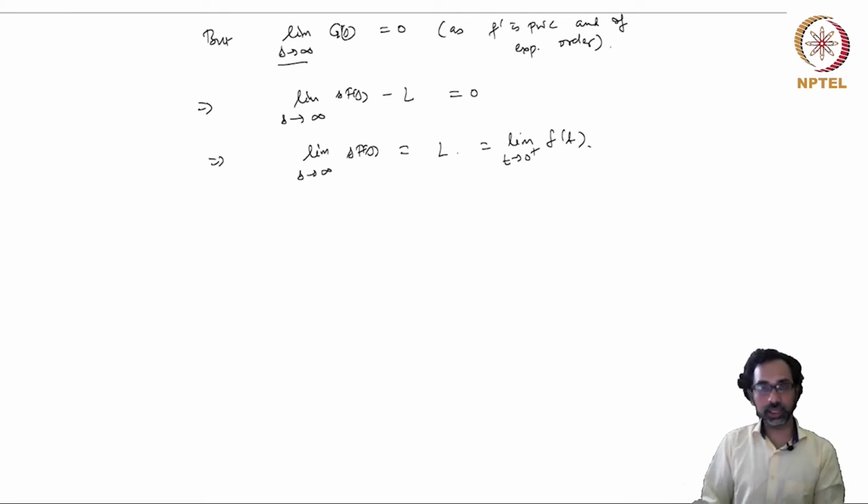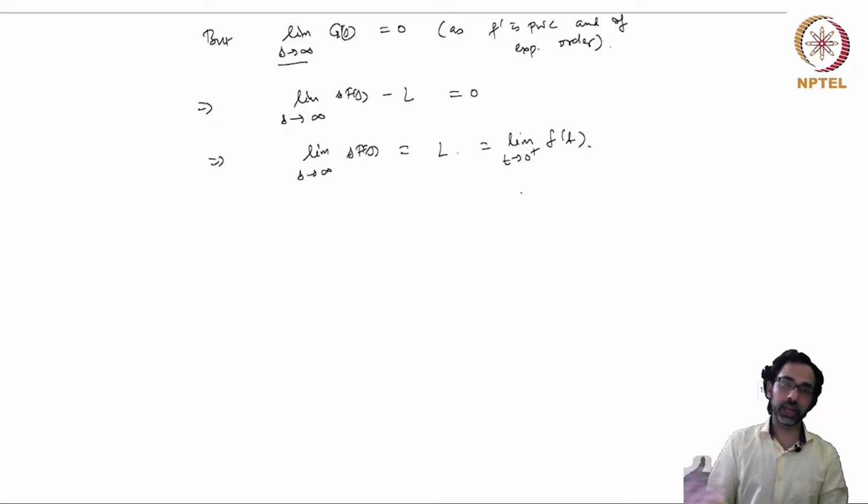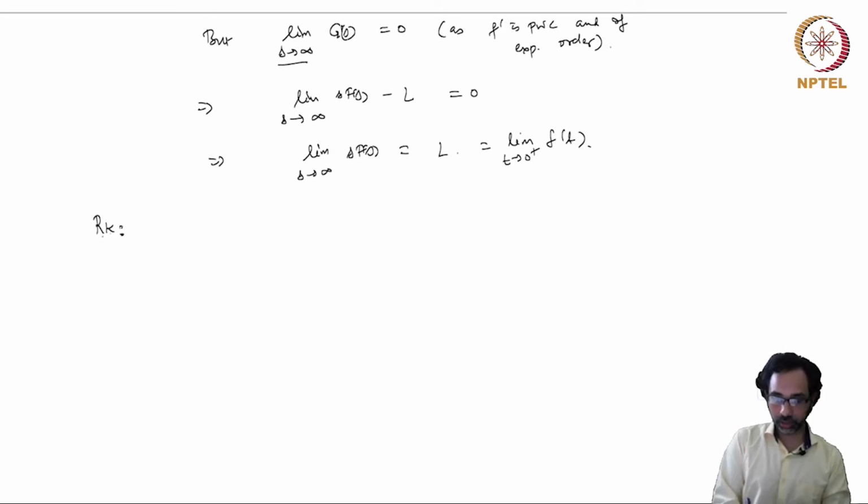So this is an easy proof when we have the assumptions that f is piecewise continuous, f' is piecewise continuous, and both have exponential order. Then we can use the derivative theorem to prove it. But the theorem still holds